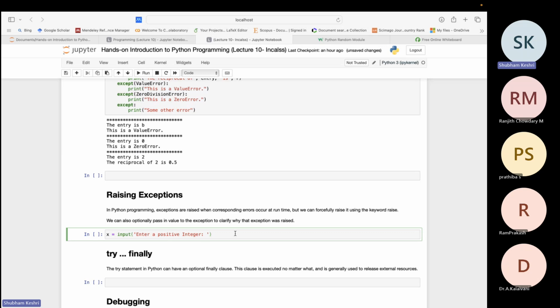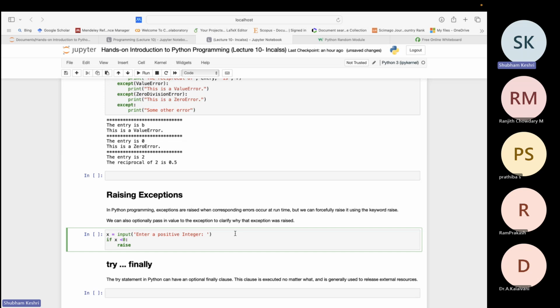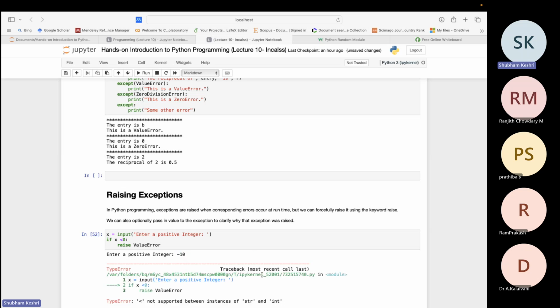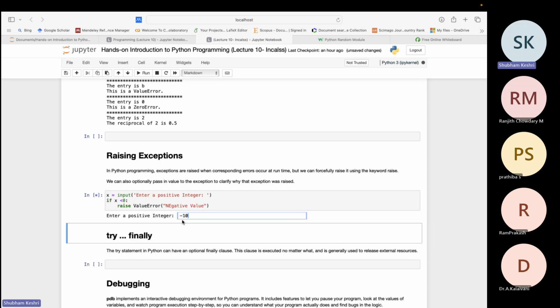So you can do two things. Either you can check if x is less than 0, then raise. This is the keyword, raise ValueError. You should be correct in your spellings. All right. Whenever you do this, there will be a value error. So I am saying -10; in this case, there will be an error. Inside this, you should give some string. So you say "negative value." Now you give -10, and you will get